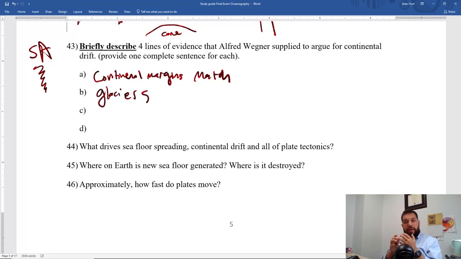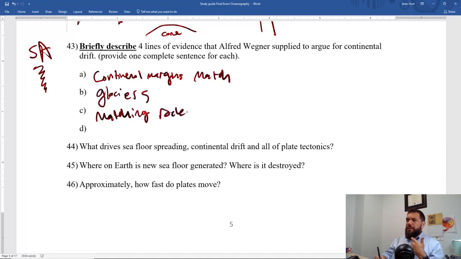So when you piece the Earth back together, you put all of the continents back together as Pangea, you find that those glacial striations match up. Okay, so the directional indicators that were left by the action of glaciers over Earth's history match up. Okay, the direction, the line, they line up is another way to say it. Another thing is from matching